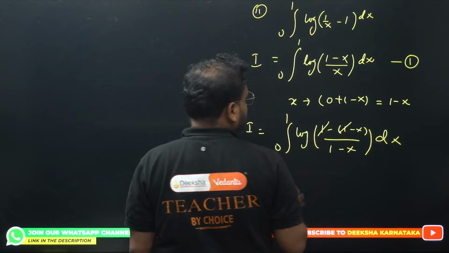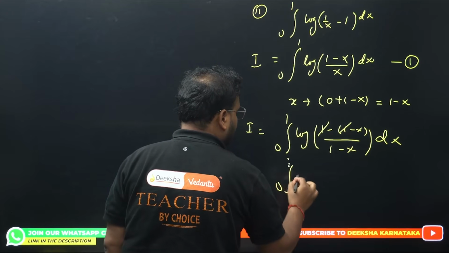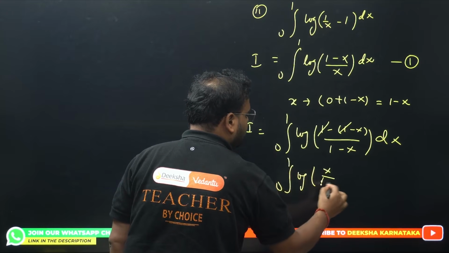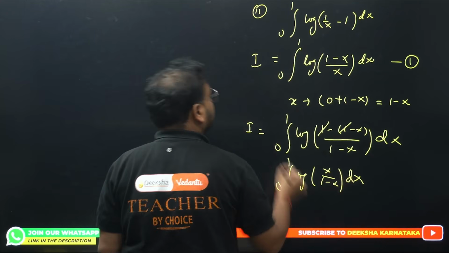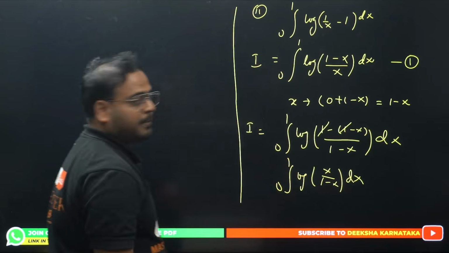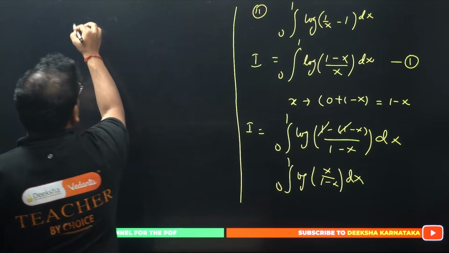1 and 1 is cancelled. I'm getting here, this is nothing but integral 0 to 1 log of x upon 1 minus x dx. Alright. So what I get now? I get integration as,